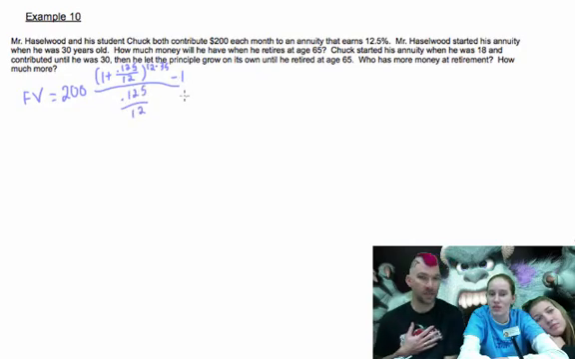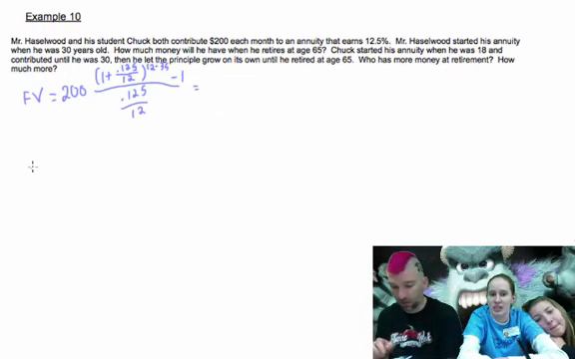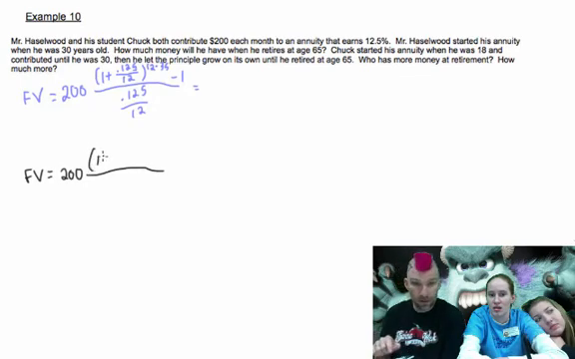Now, mine is going to be the easiest one to determine, because we just plug it into this formula, and that's the amount I'm going to have when I retire. Chuck's is going to be a little bit more complicated, but not overly so. So let me just punch what I'm going to have in here. 1 plus 0.125 over 12, to the 12 times 35